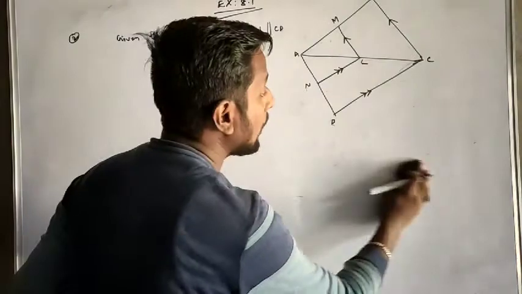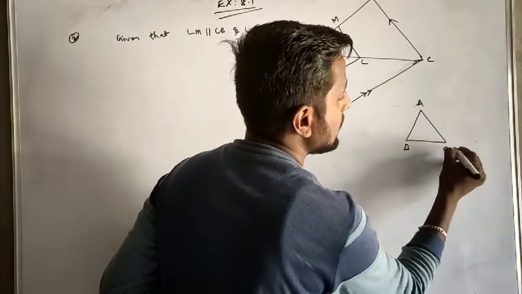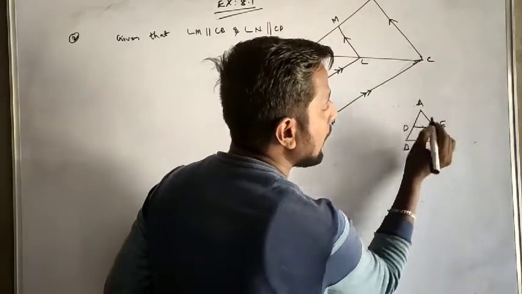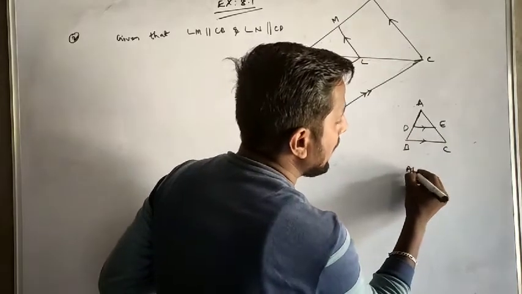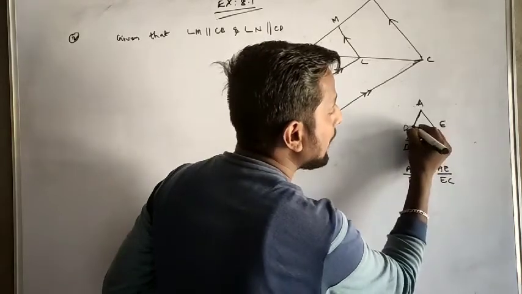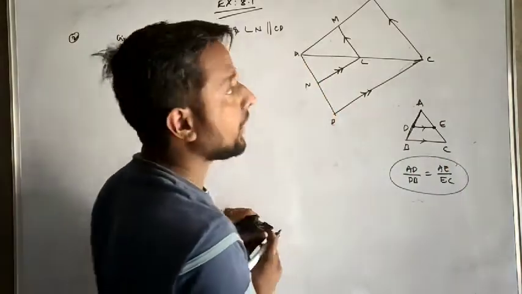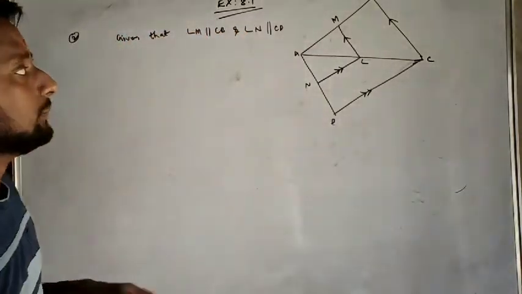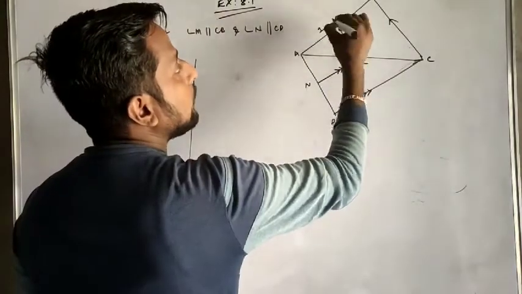Already in a triangle we got it. Just for the idea: triangle A, B, C with D, E. When DE is parallel to BC, the ratios of the sides will be the same. So AD by DB is equal to AE by EC. That means we are basing on the points which are on the side that we write as a ratio. As from the basic proportionality theorem, I'll divide into two parts for using. Just imagine it's triangle 1 and triangle 2.